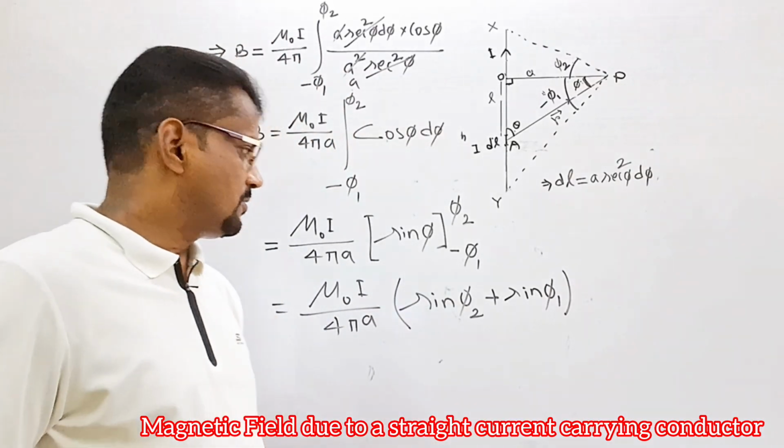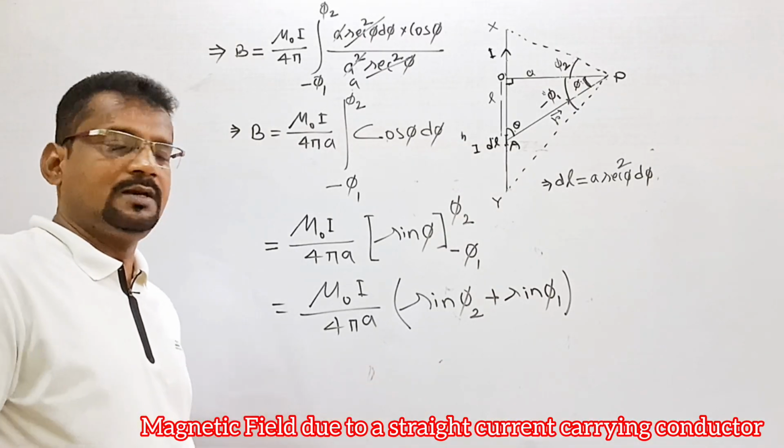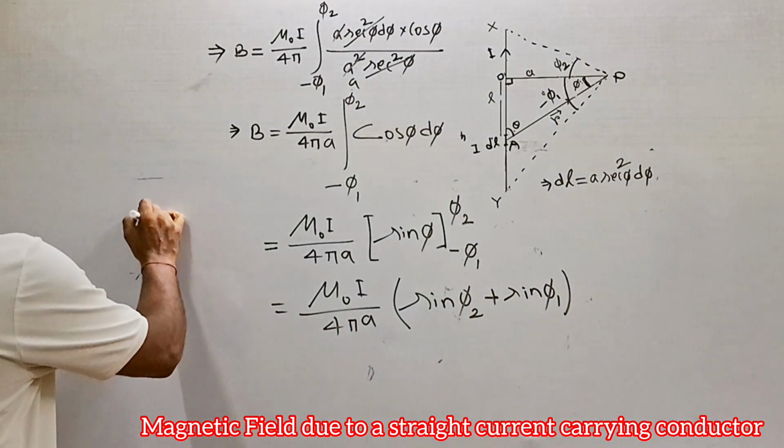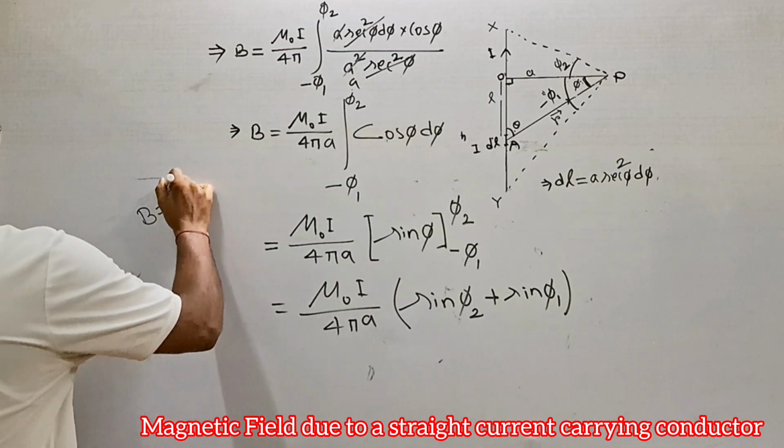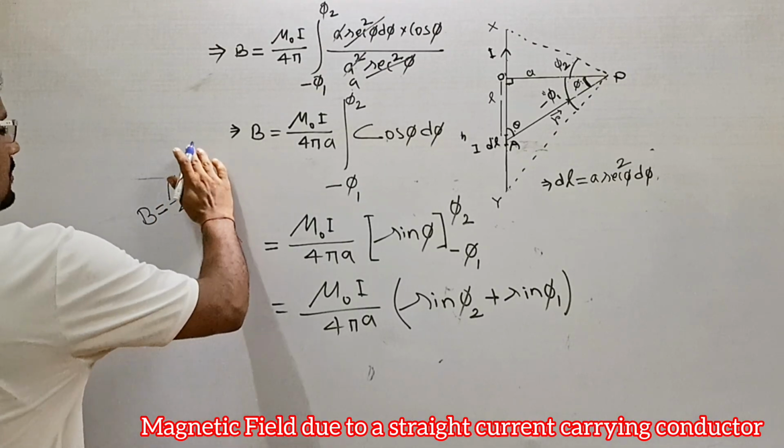So for a straight conductor through which current flows, the magnetic field at a distance from it — I have derived that. That is B equals to mu naught I by 4 pi,